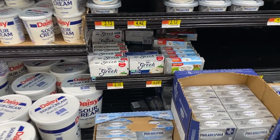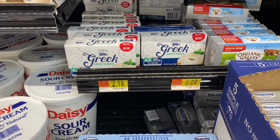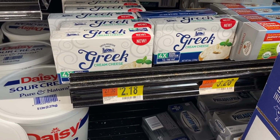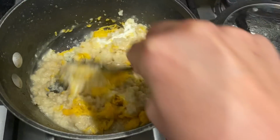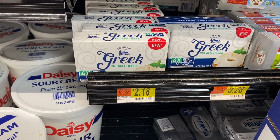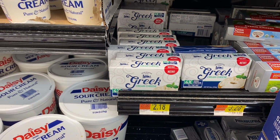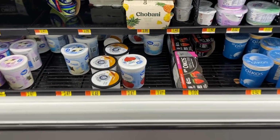But one of the things that I've been using a lot lately is this Green Mountain Greek cream cheese. I find it at Sprouts, but I recently saw it at Walmart too, and it's a fairly decent price at $2.18 for an 8-ounce block. I do like to use it to make my savory oats. I've seen these on Just Jamie Allison as well. You can check out her channel. But I use it in a lot of different dishes, and everybody really likes it and can't really tell the difference between that and regular cream cheese, but it's only